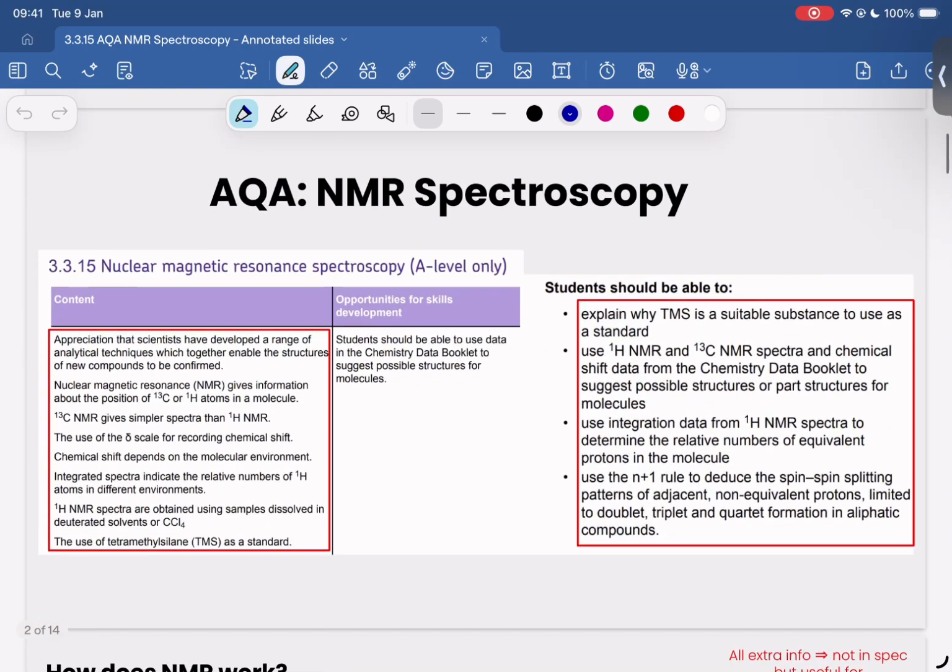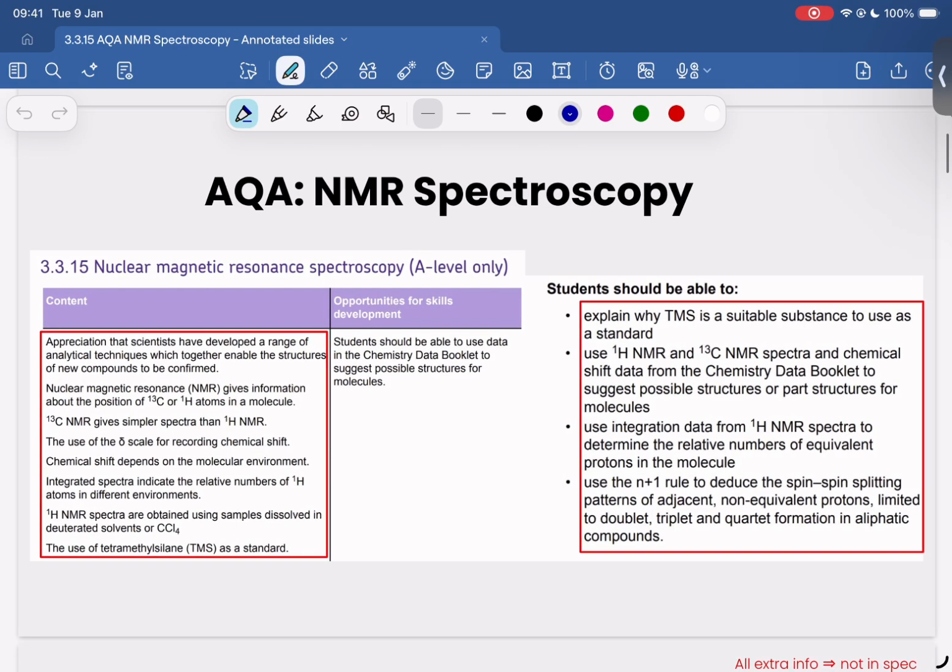So today we're going to be covering the spec point 3.3.15 on the AQA specification called nuclear magnetic resonance spectroscopy, or NMR spectroscopy. And I'm going to go through a bit of the theory associated with the spectrum, alongside how you might interpret carbon-13